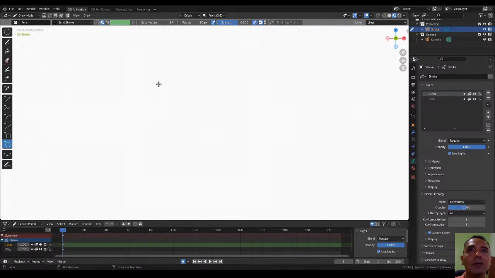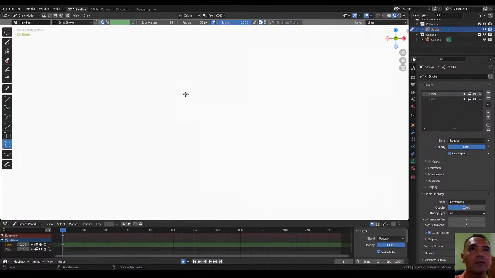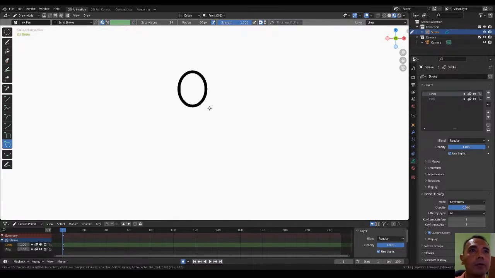It depends on the pencil you have selected. Then I'm going to make a ball. This is in the first frame, frame one, and with auto keying activated, I have a key right here. Then if I change to another frame, frame 9 for example, I'm going to delete this